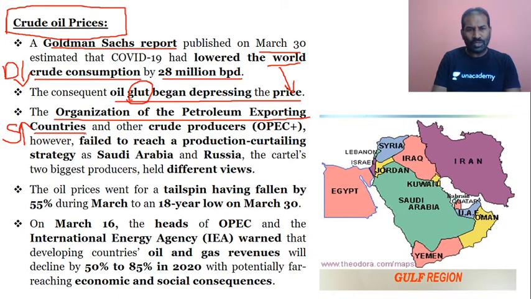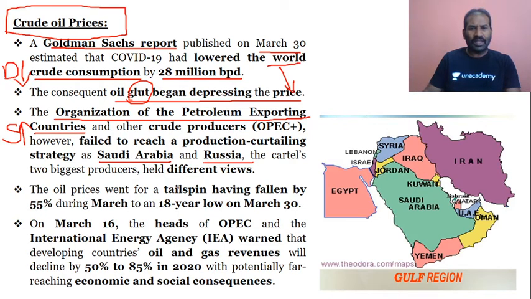But what has happened was, when the OPEC brought to the notice of the OPEC plus countries that because of COVID-19 the demand is low, let's cut down the supply of production. When the OPEC said this, two countries did not abide by or did not listen to what the OPEC said, to cut down the supply of crude oil production. Which are the two countries? It is Saudi Arabia and Russia. They did not accept the cut in the production of crude oil.